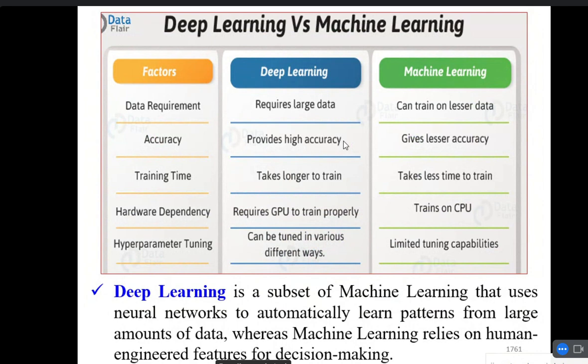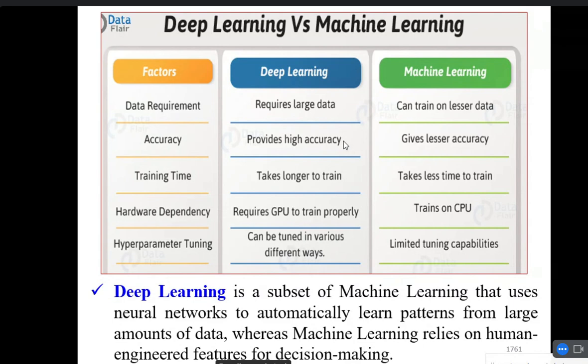So there is a difference between machine learning and deep learning in factors like data requirement. Deep learning requires large data, whereas machine learning can train on lesser data. Accuracy: deep learning provides high accuracy, machine learning gives lesser accuracy. Training time: deep learning takes longer to train, machine learning takes less time. Hardware dependency: deep learning requires a graphical processing unit to train properly, while machine learning algorithms require a central processing unit.